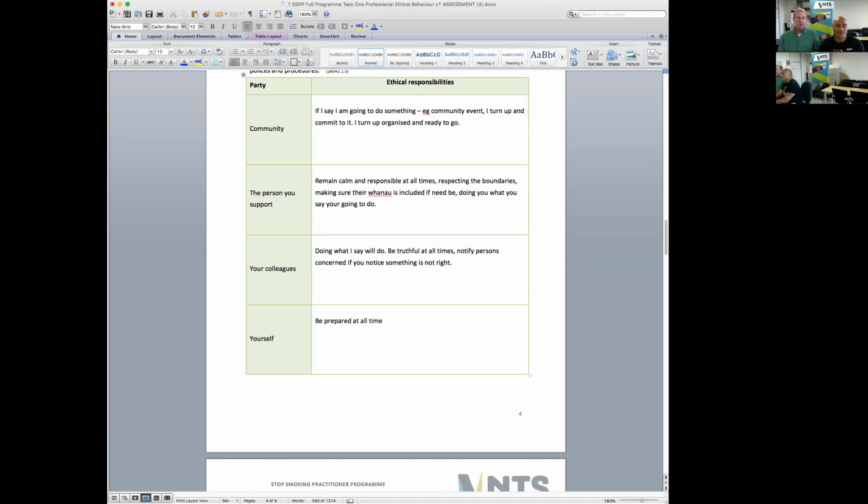It's always good to look after yourself. You're not helping anyone if you're exhausted, if you're spending 50 hours a week in the office because there's so much work to do. So it's about looking after yourself. Knowing your limits. Yeah, and if you're in a health role, it's also role modelling good health. So it's not okay as a health professional to be seen smoking tobacco. It's probably not okay to be drunk at work. All of these sorts of things are ethical responsibilities that you have as health promoters or health professionals. Nice.